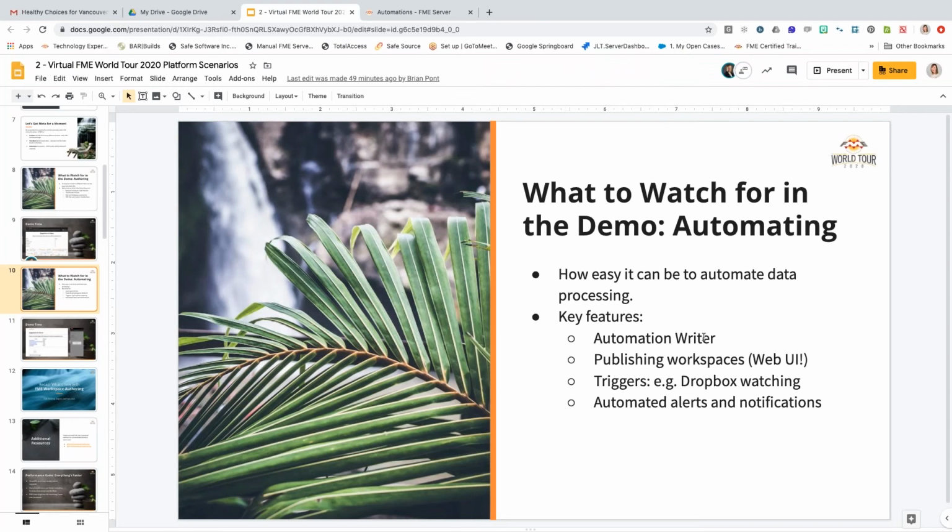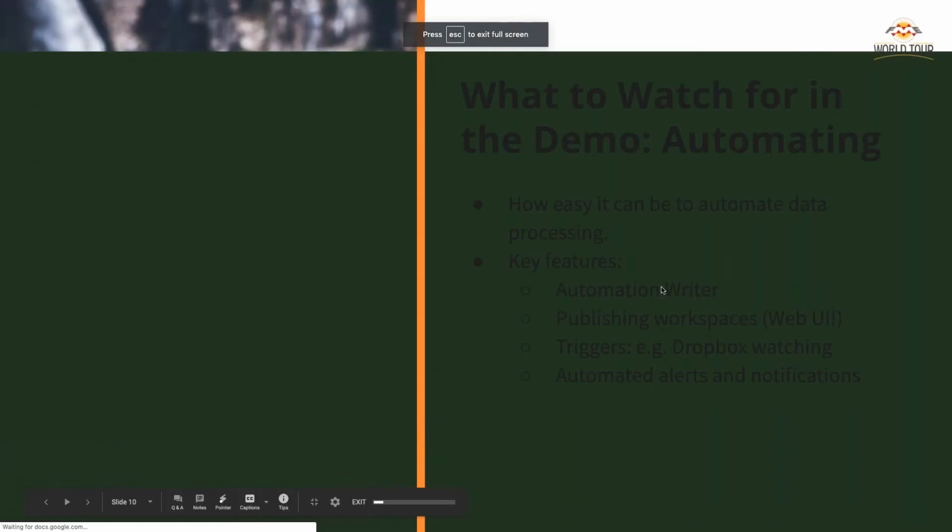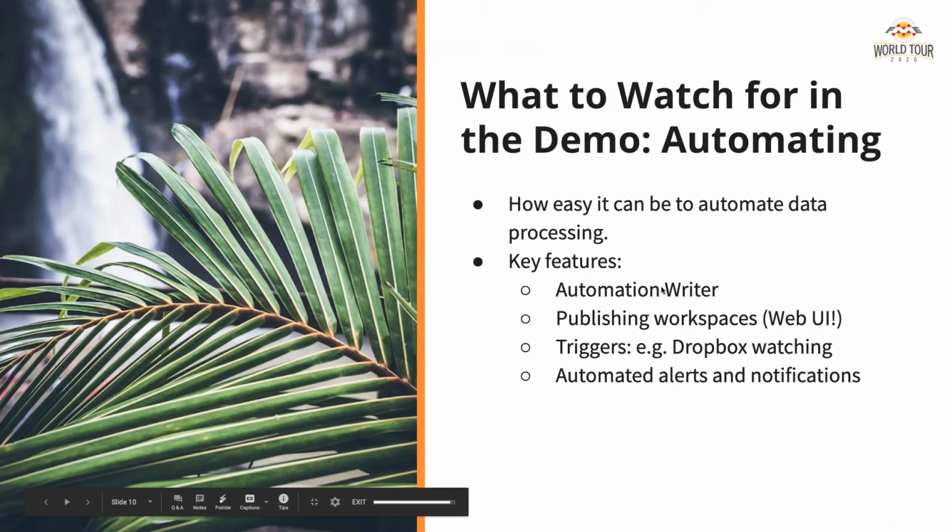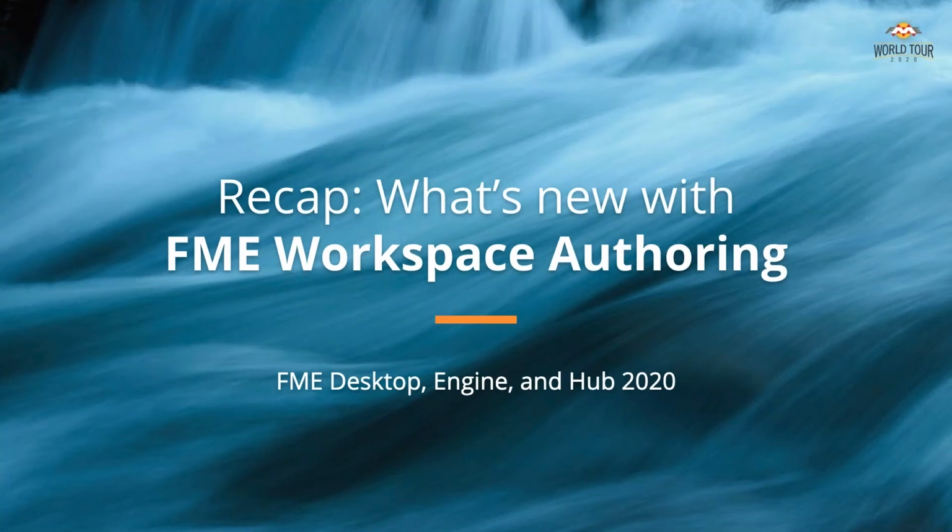So hopefully that covers all of those features. We had a look at the Automations writer, how easy that is to set up, and how it behaves as any other writer. It just gives you output features within your automation. We published a workspace through the web UI, and we had a look at some of those triggers inside automations and different ways you can send out automated alerts and notifications. In this scenario, we were doing email. So now I'm going to pass it back to Brian, who's going to take us through what's new in FME